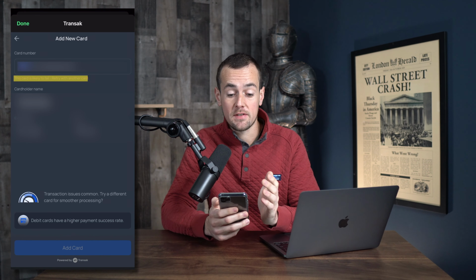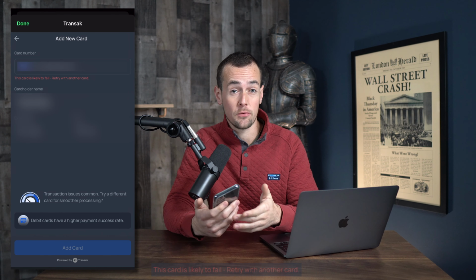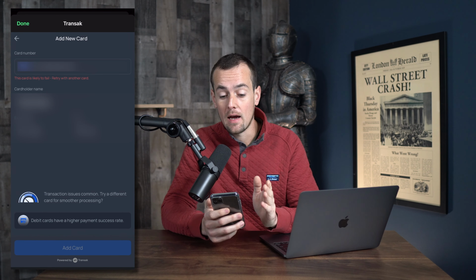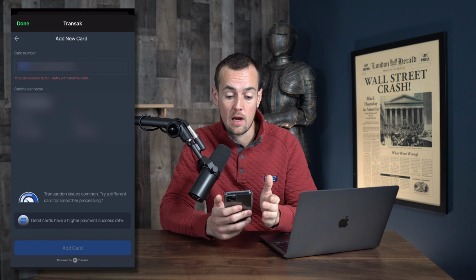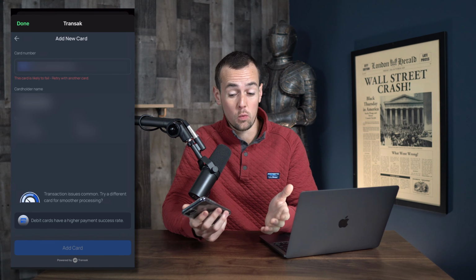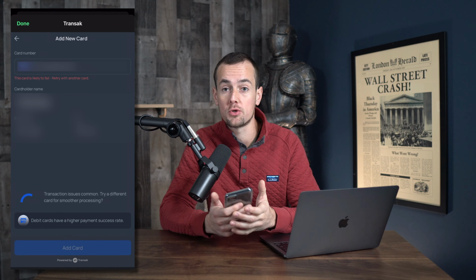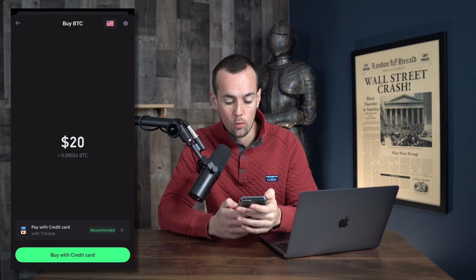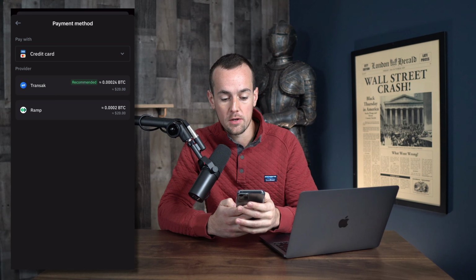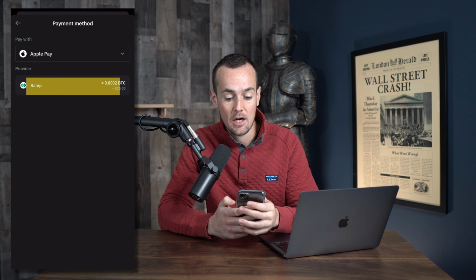Now, for some reason, it's saying that this card is likely to fail. Retry with another card. This is a virtual card, so that might be why. And I don't have another debit card that will work here, unfortunately, so I'm going to try my Apple Pay. And if that doesn't work, then unfortunately, I won't be able to complete the transaction, but at least it shows you the steps for getting verified. So we're going to click on the Done button at this point, and now we're going to change this over here and try to buy this with Apple Pay as a last-ditch effort, and we can actually only do that